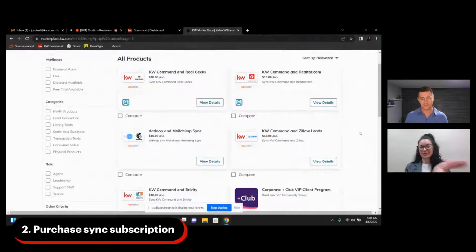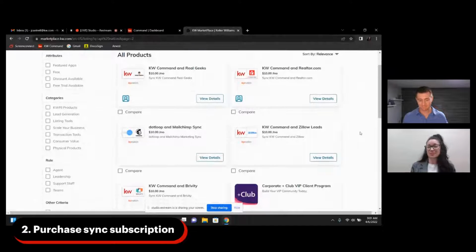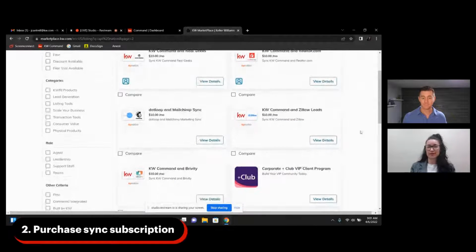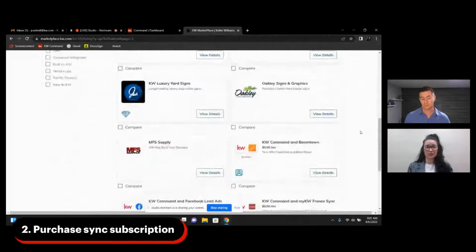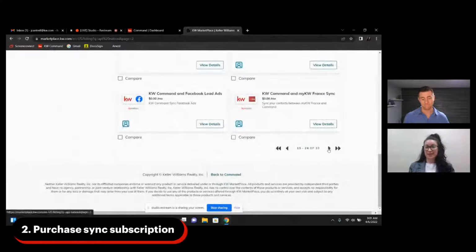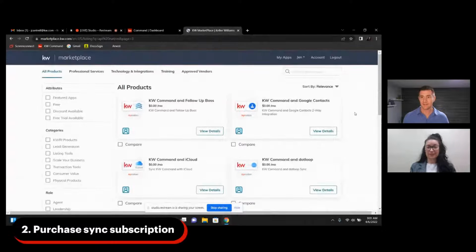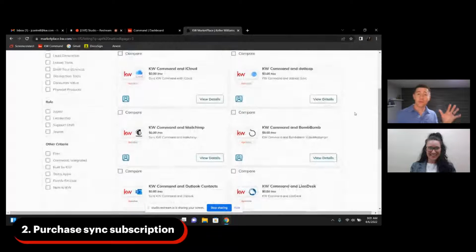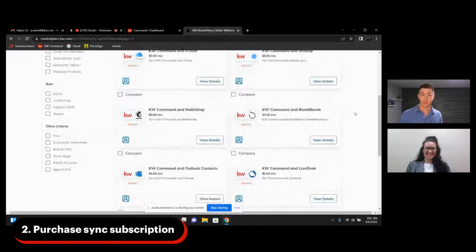Yeah. So like we see here, we have Real Geeks if you use that, Realtor.com if you want to sync your leads from there, Zillow leads, things like that. So all these great apps in here. So I bet you Google Contacts is probably buried. If we were to ever do a 201 or you really want to ask your market, there's actually one of